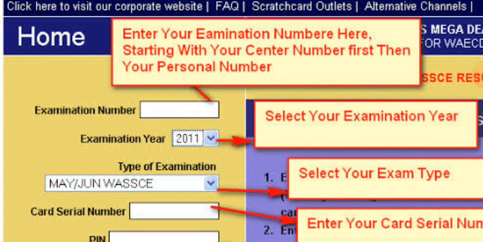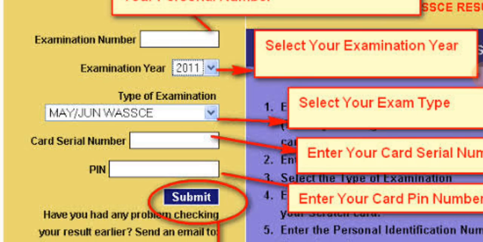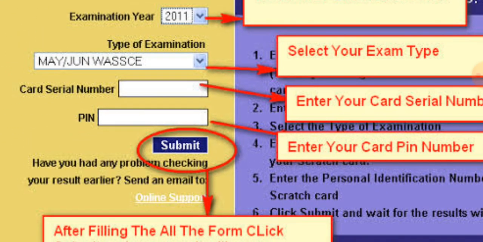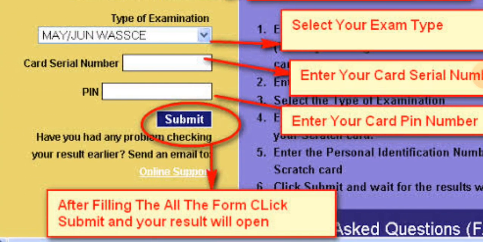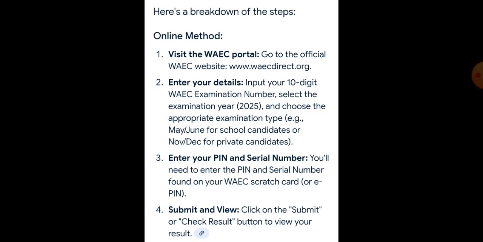Remember, your exam number here, your year of exam, which is the particular year you wrote the exam, your type of exam, just click on it. If you wrote GCE or if you wrote normal school exam, you click on it. You now click card serial number, your serial number. Then you put your PIN. Once you put your PIN, click on submit. When you click on submit,